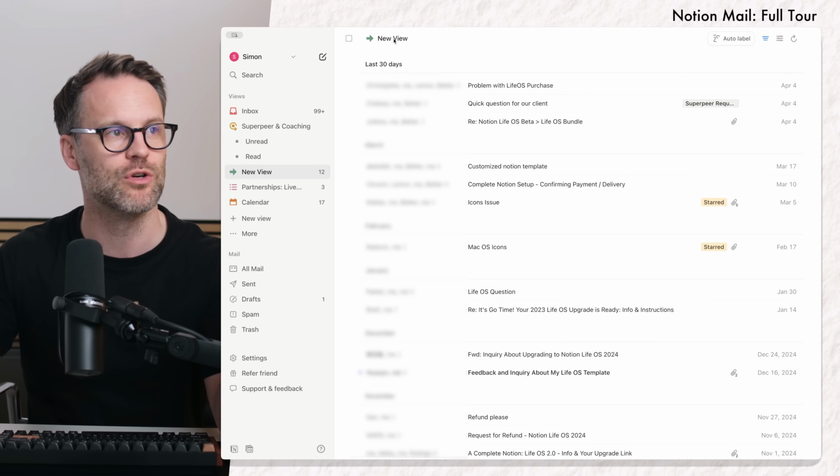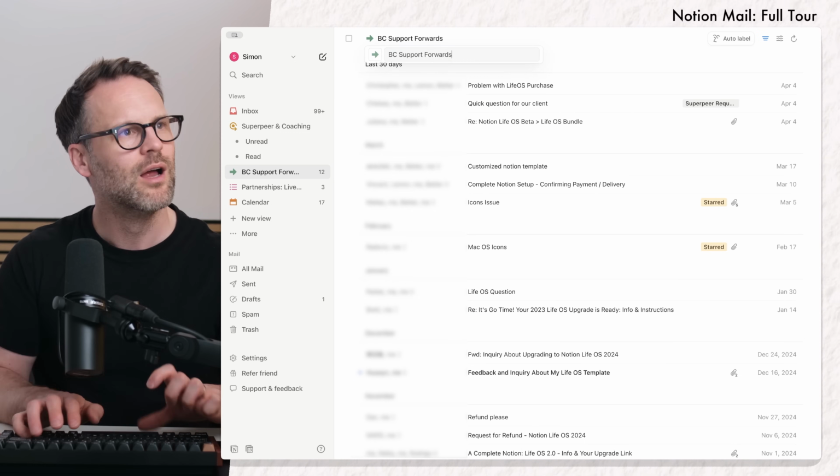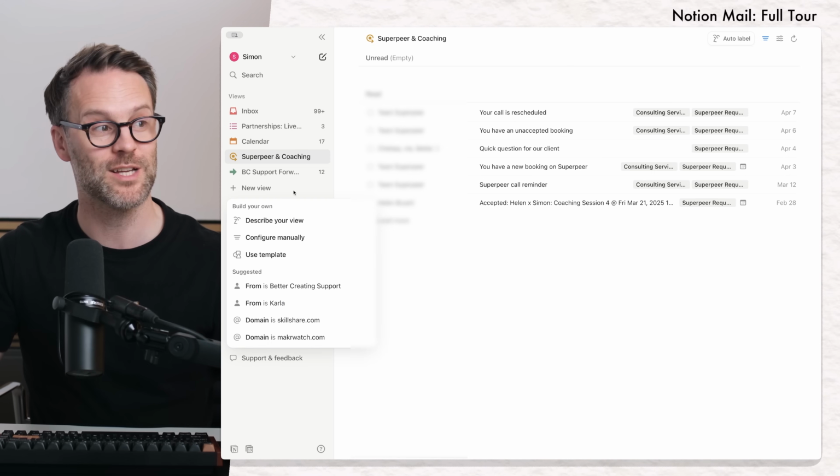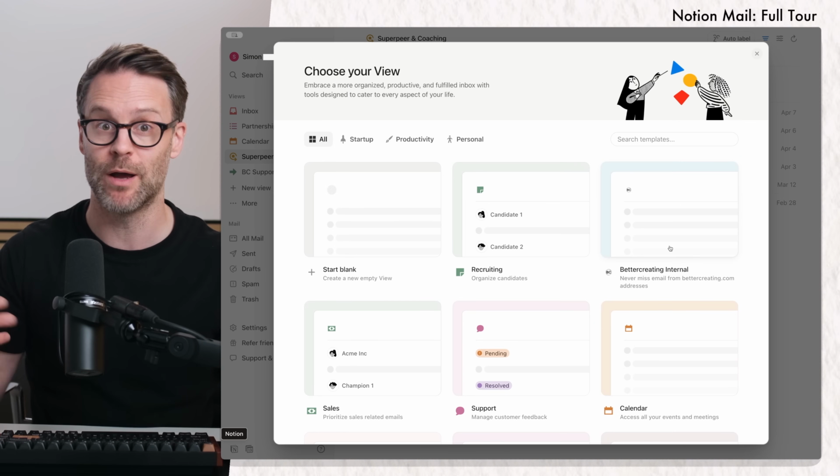Save that, and then of course you can come up here, you can change the logo. I actually think that's quite good. Now that is a like button press moment if ever there was one, right? One more great example, if we use a template, is something like internal emails or even just emails from a